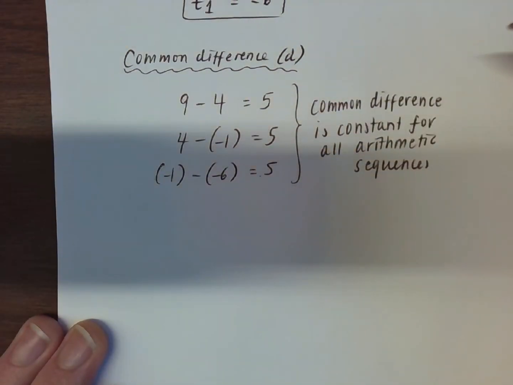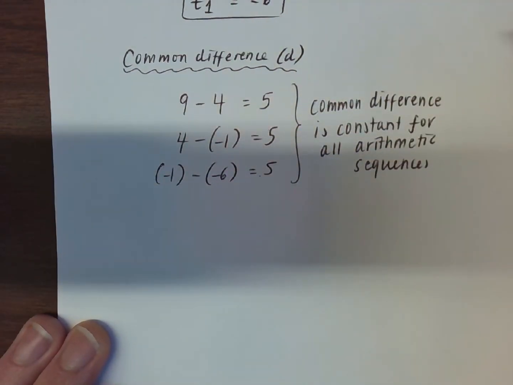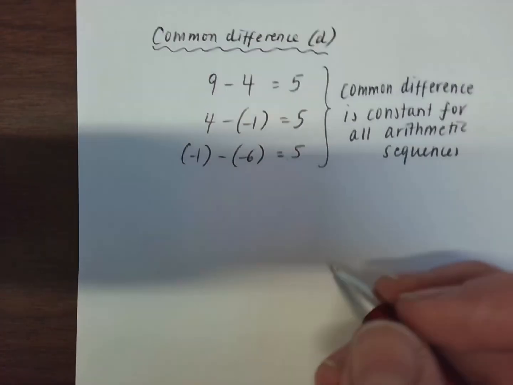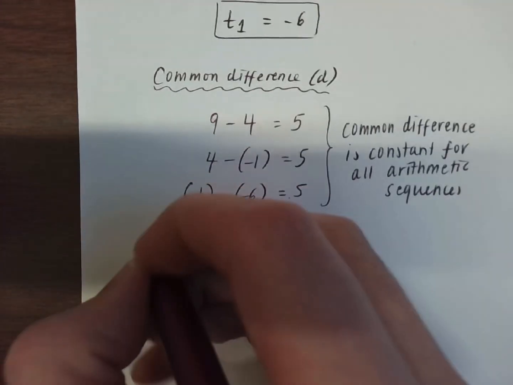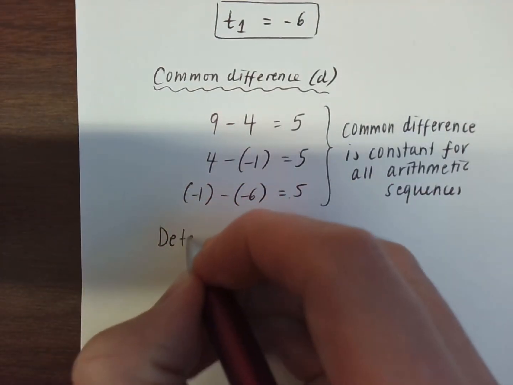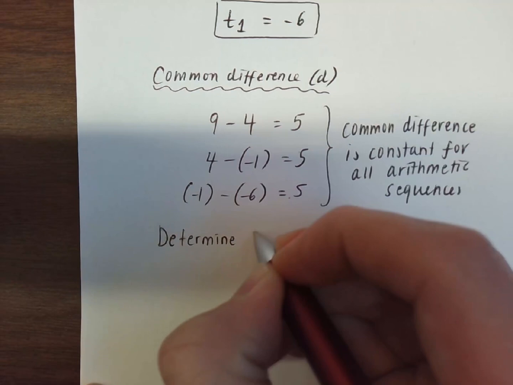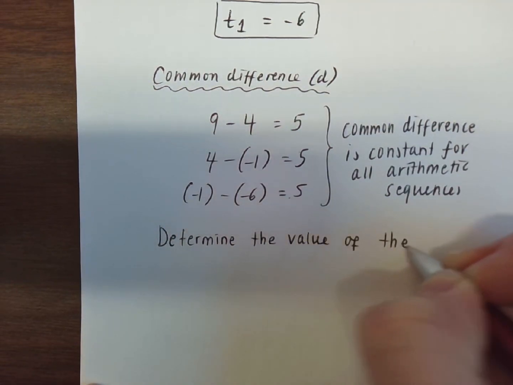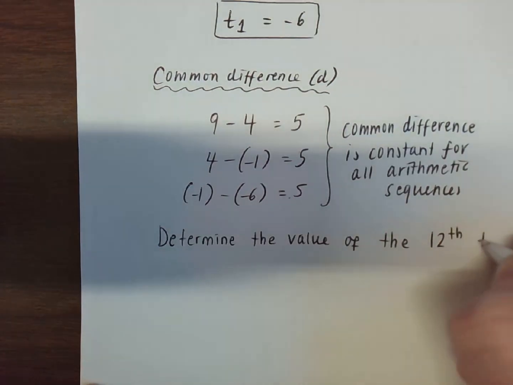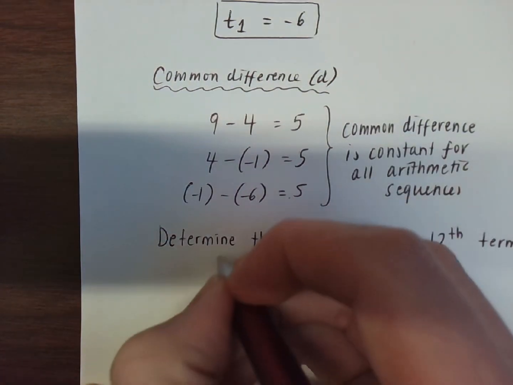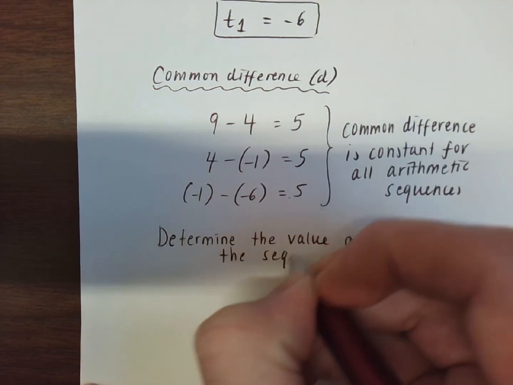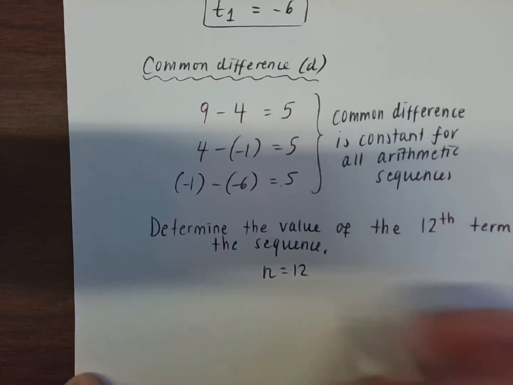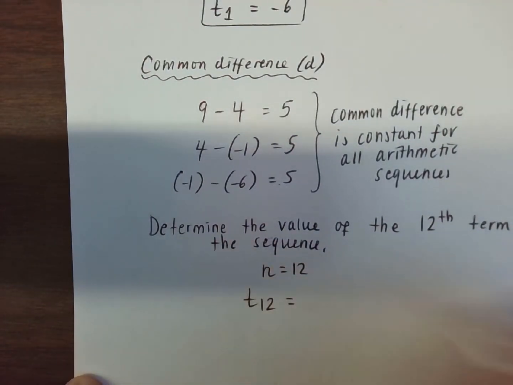Yeah, so the question says, determine the value of the 12th term in the sequence. Well, that means n equals 12. So T12 equals